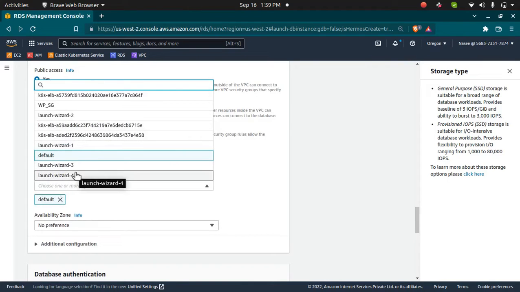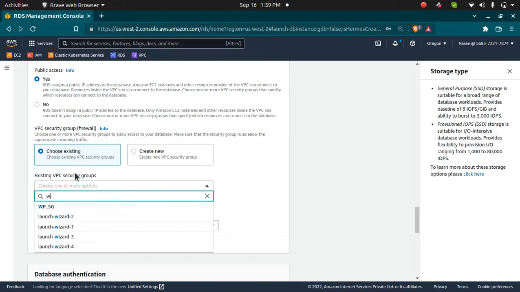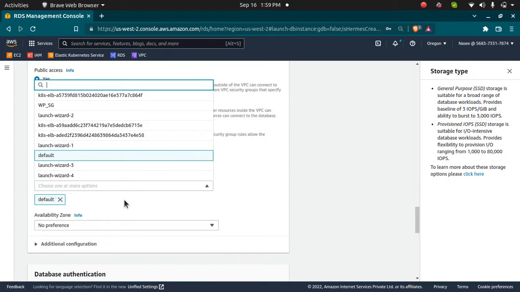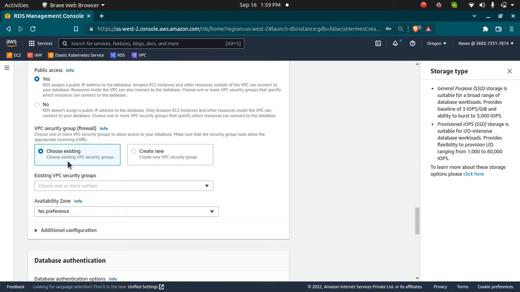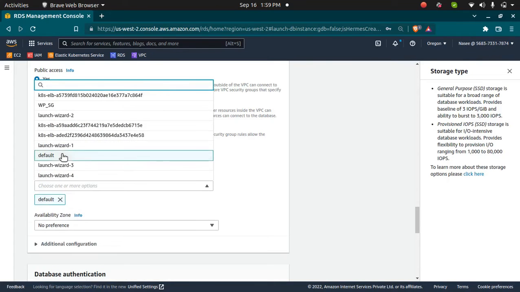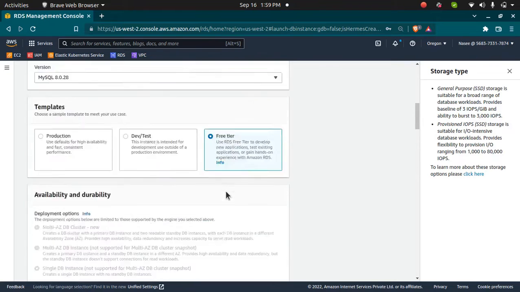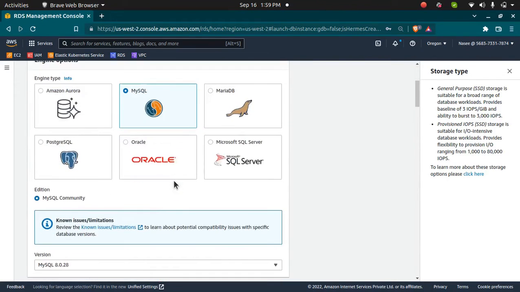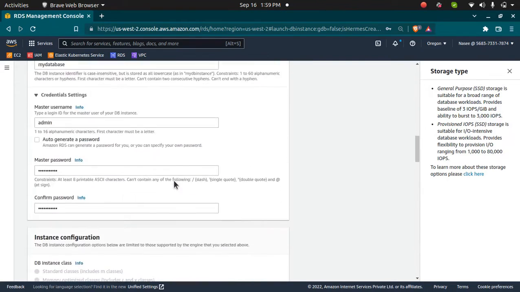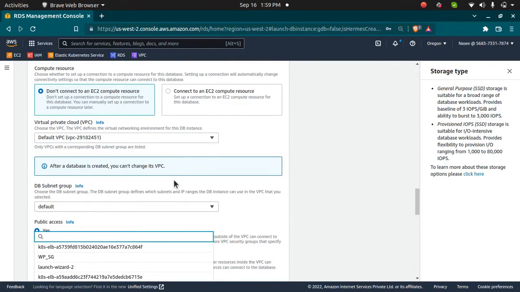So I'm going to choose a VPC security group. Okay, this is another region, so I'm going to choose the default one, and let's see what security group rules we have here. It should have the security group rule for the port. For example, we are using MySQL, so it should have 3306 in it, because 3306 is the port number of the MySQL database,